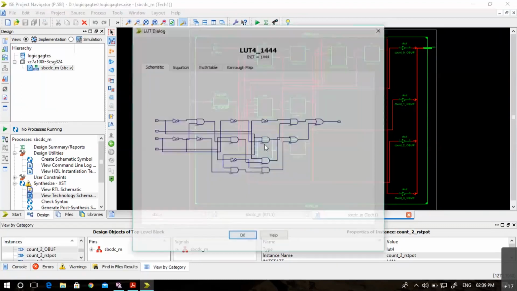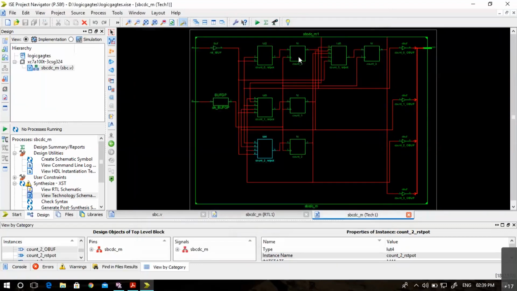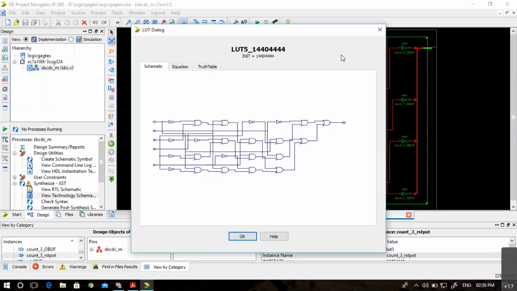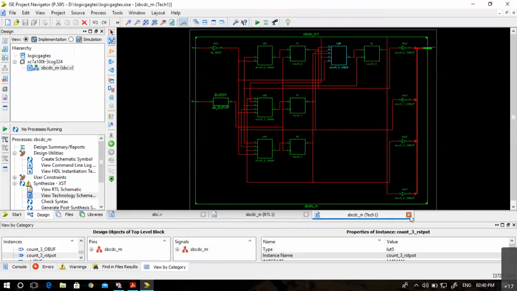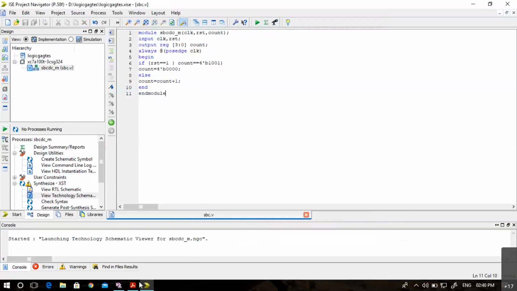Then one more LUT 4, 4 inputs. Then this LUT 5, 5 inputs. Because the counter needs to be reset when the next rising clock edge comes and when the previous output was 1001. So additional logic is required. So this is the synthesis of the BCD counter, the synchronous BCD counter.